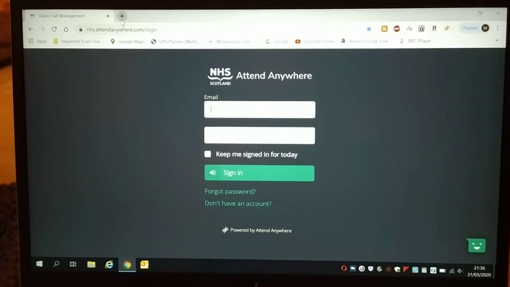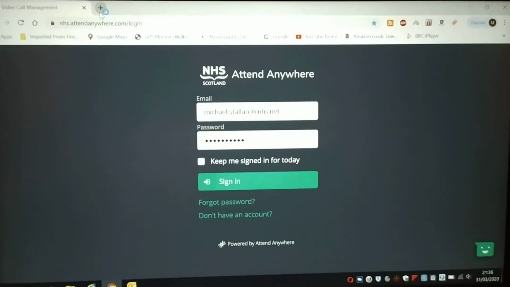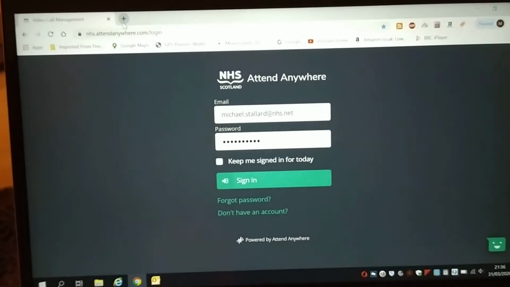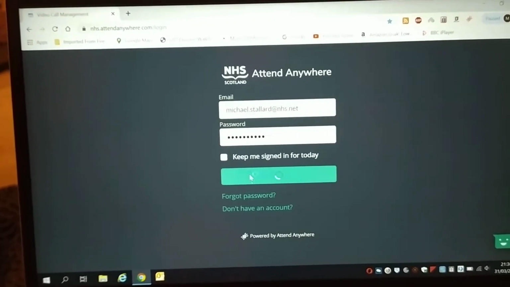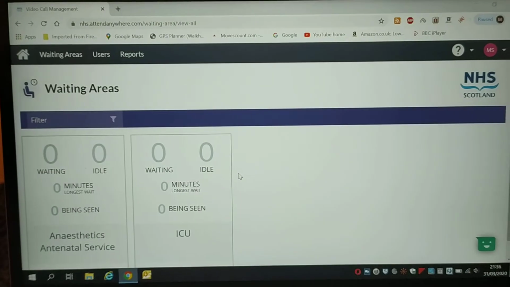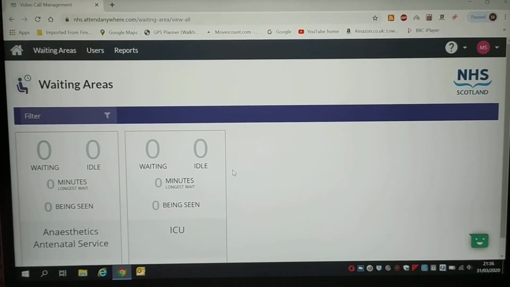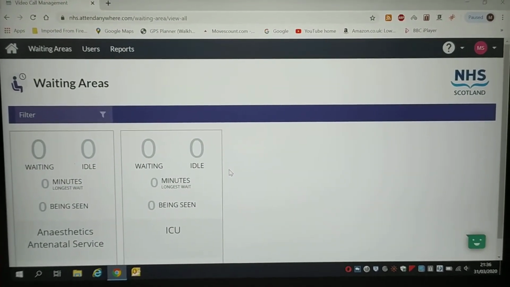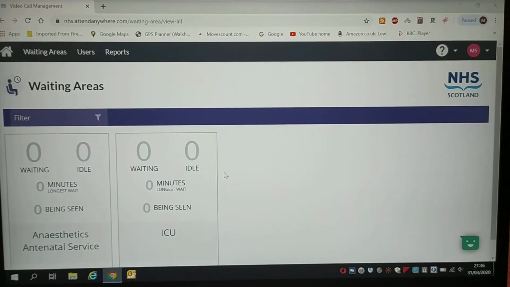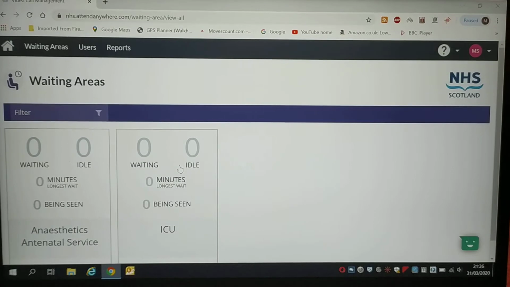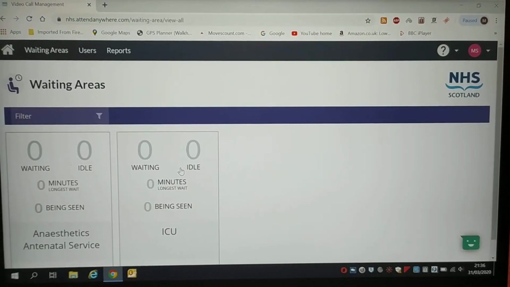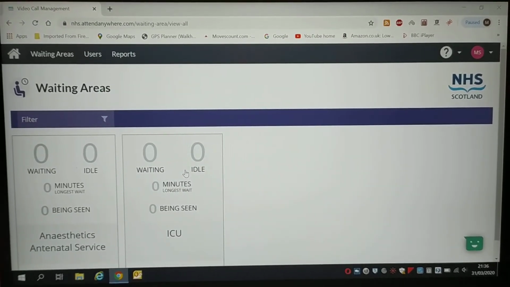And if I just put my details in, these are the passwords that should have been sent to you via email, and then sign in. This will take you to your waiting area. So I've got two because I've got the anaesthetics antenatal service, and I've also got ICU here. And then what I'll do now is I'll take you over to what it's like from the perspective of the